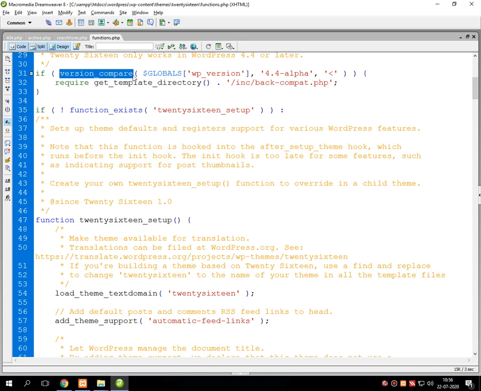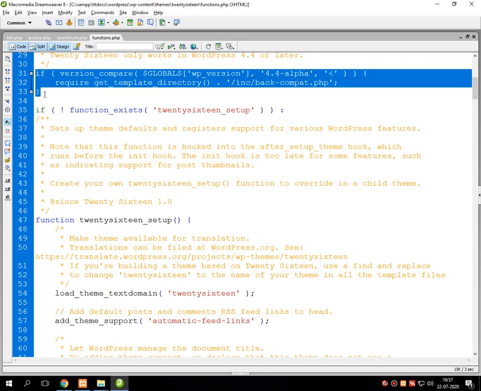Many students have inquired during the installation of WordPress. They have installed an older version of XAMPP and are trying to install the latest version of WordPress. At that point they get an error in functions.php that an incompatible version of WordPress is found. That can be checked using this particular decision making statement.